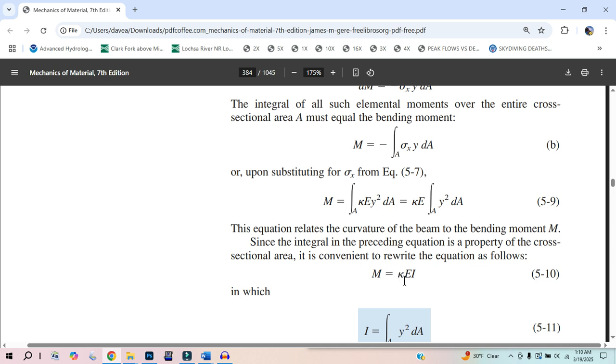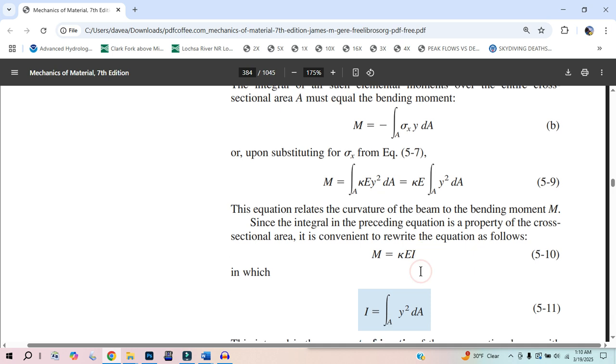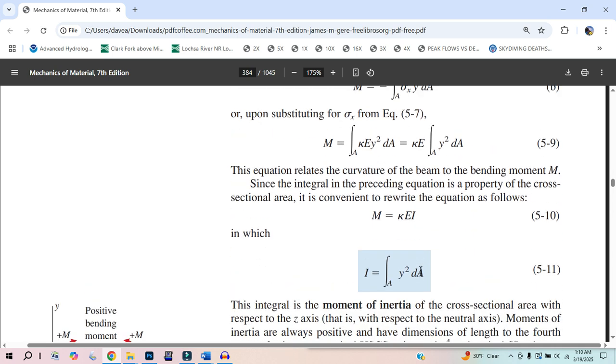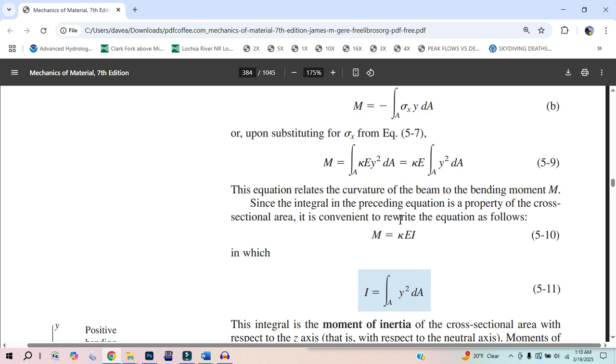Okay, but we're getting close. So we have the moment is equal to the curvature times the modulus of elasticity times the shape of it, the moment of inertia of the beam. And so that's what the moment is. The only nonsense part of this was: cool, it's equal to the curvature, but how am I going to measure that? Well, actually, no. You can look at this and say, hey,